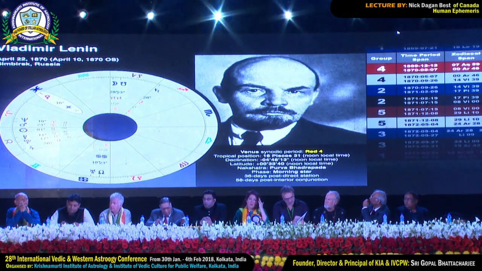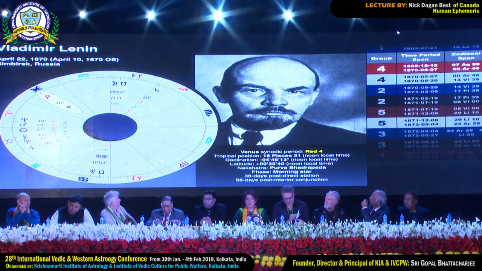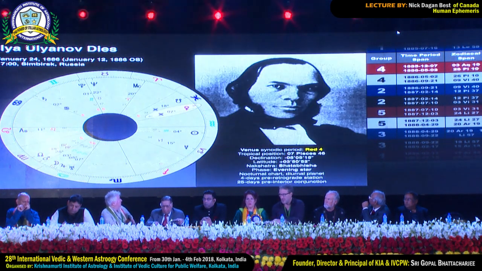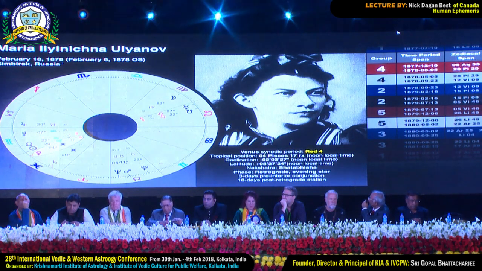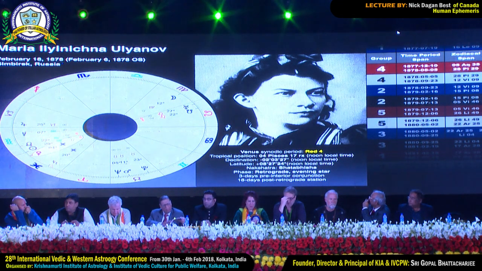But Vladimir Lenin was born during a Red 4 Venus retrograde, as was his younger sister Maria, who was also an important Bolshevik revolutionary, also born during a Red 4. So that's two children in a family born during a Red 4. And 8 years after Maria was born,